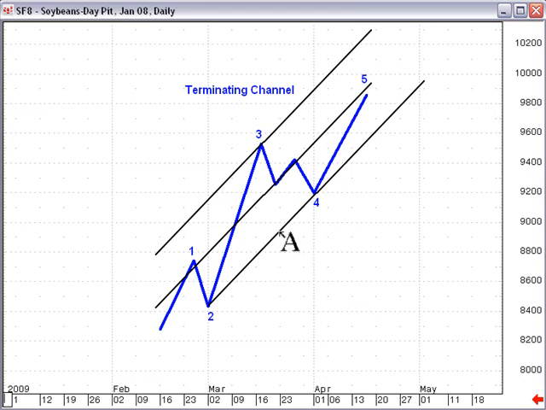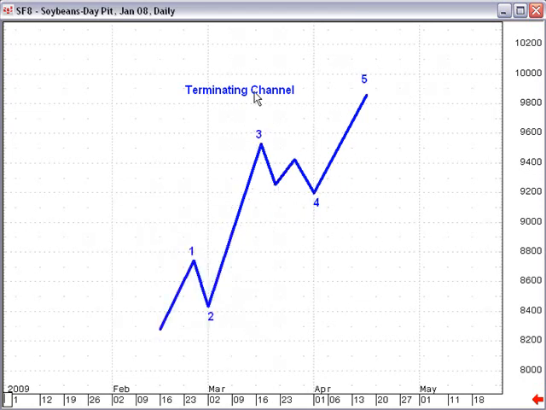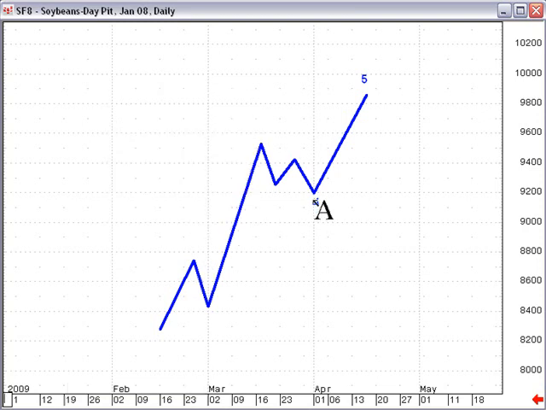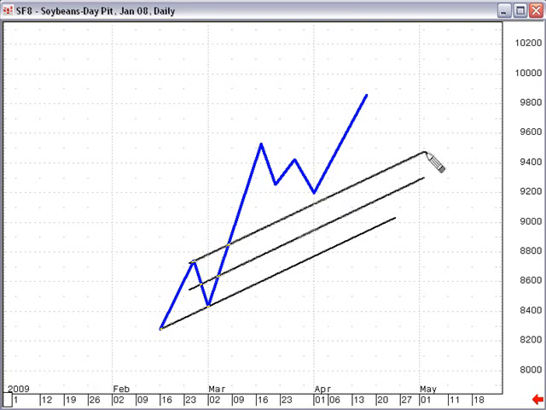Just to go back, let me clean this chart up a bit. We will walk through some real-time examples, but simply put, if you have a structure like this, your initial channel is going to be your base channel. When prices break above the upper boundary line, then you can again with confidence identify this move as a third